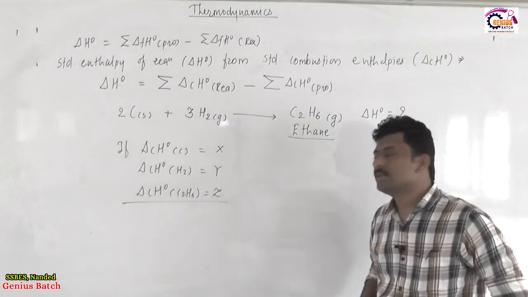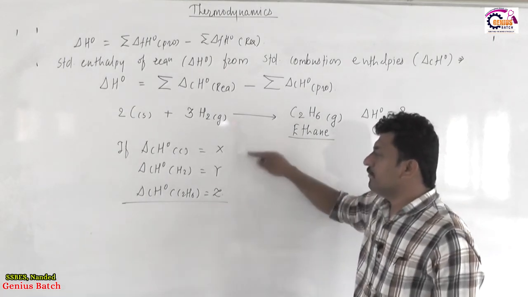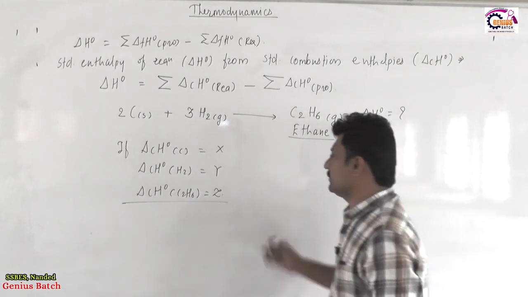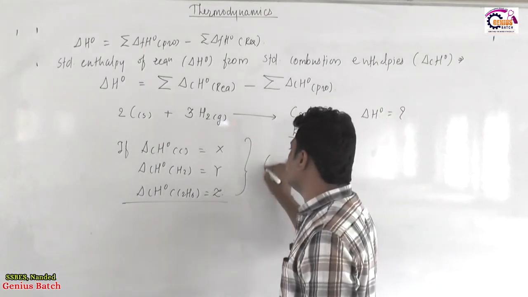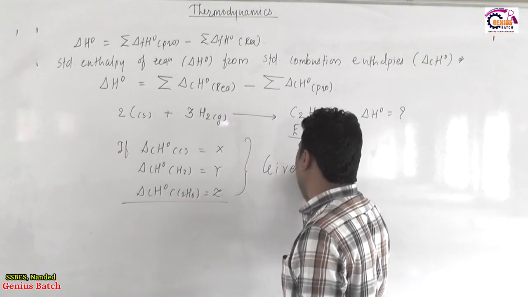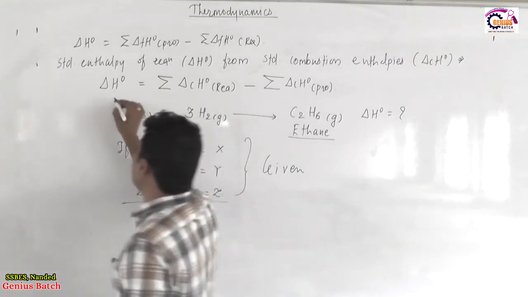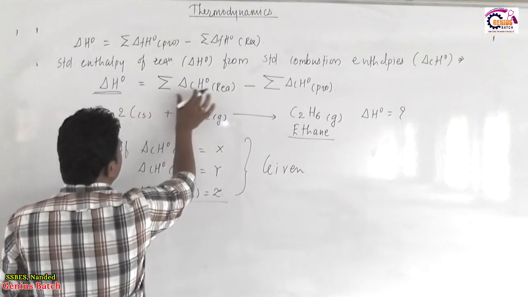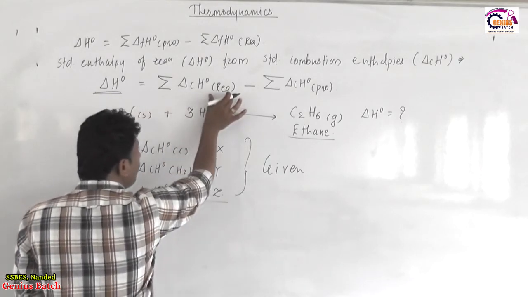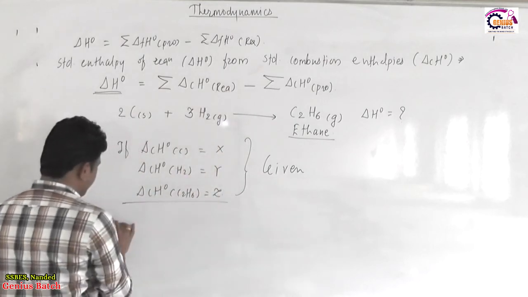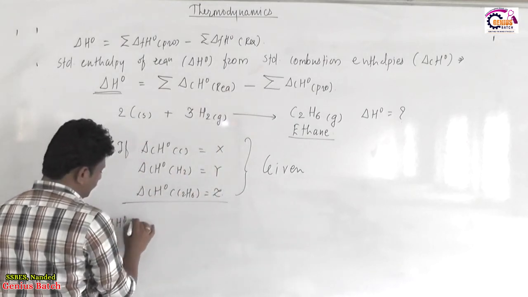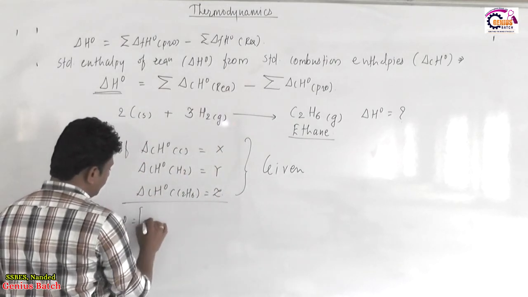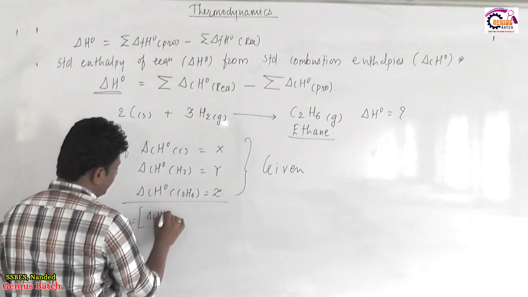What the guideline is, if we are given with combustion enthalpies, then enthalpy change of reaction is equal to sum of combustion enthalpies of reactant, means delta H0 is equal to summation for combustion enthalpy of